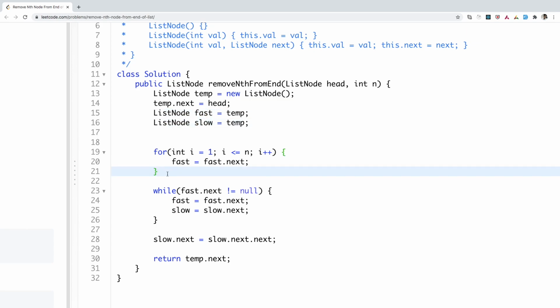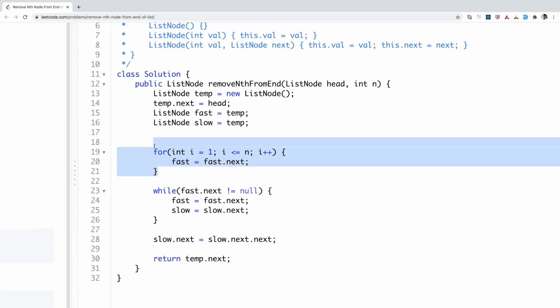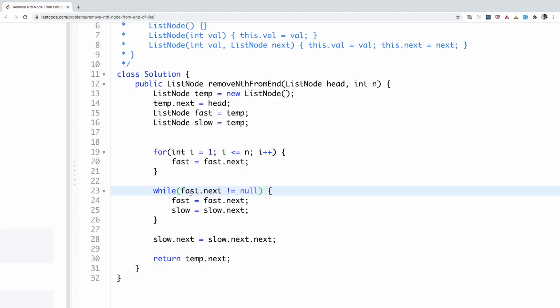So as I have already shown in the presentation, the first thing we do is we simply move the fast pointer until the value of n. So we are iterating from 1 to n, and then we are moving this fast pointer by doing fast equal to fast.next, right? And once we complete this, we simply move fast and slow pointer simultaneously by one step until the fast pointer reaches the last node of the linked list. So here we are doing a check fast.next not equal to null. That means we will perform this operation until this is the last node. Okay, so in that case we will simply move both fast and slow pointer by doing fast.next and slow.next,